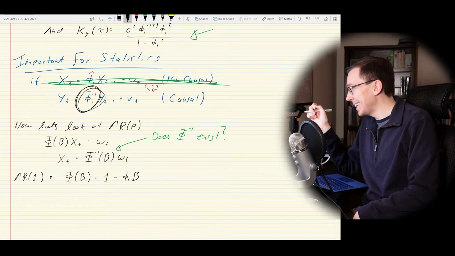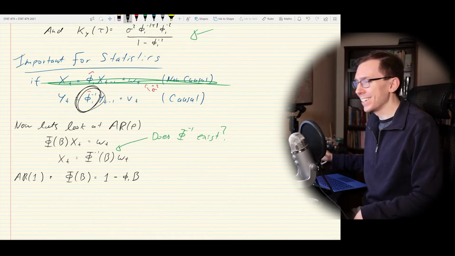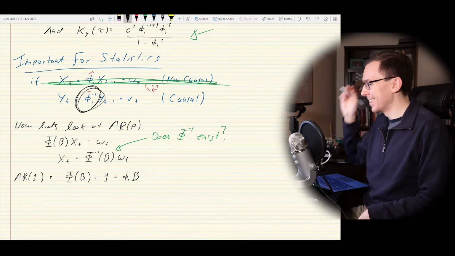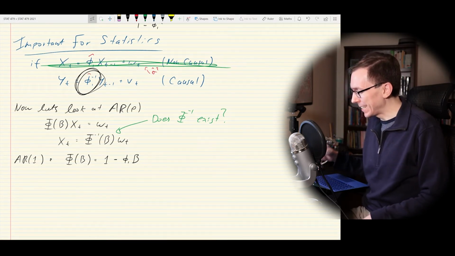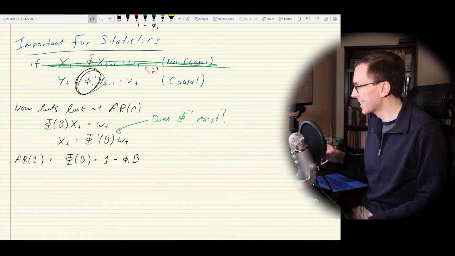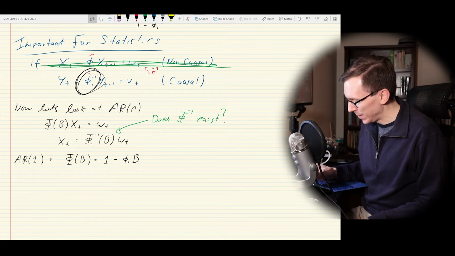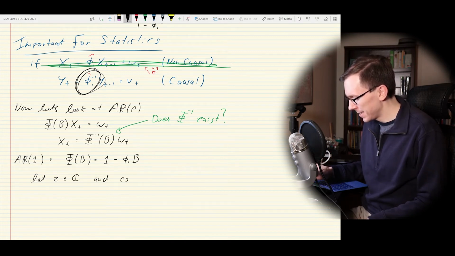Now we're going to get into complex numbers because you probably thought you wouldn't need them, right? When you learn them in, I guess, pre-calculus or something. But yeah, we have to use a little bit of complex numbers to make sense of this. So let z be a complex number and consider